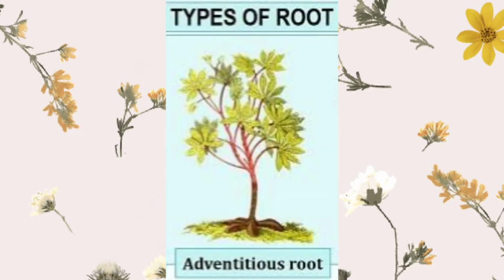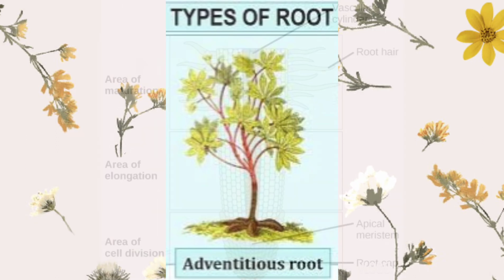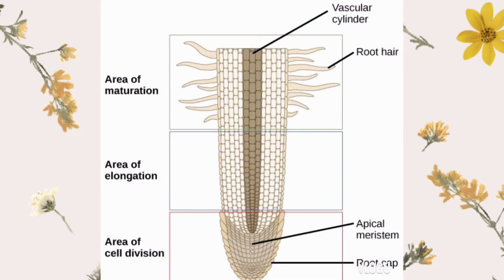Adventitious roots. Instead of one main root developing from the radicle, the radicle soon dies and numerous roots arise from the lower part of the stem. These are called adventitious roots. They form lateral roots, typically shallower and more horizontal than a taproot system, to quickly obtain water. Roots have three overlapping regions: